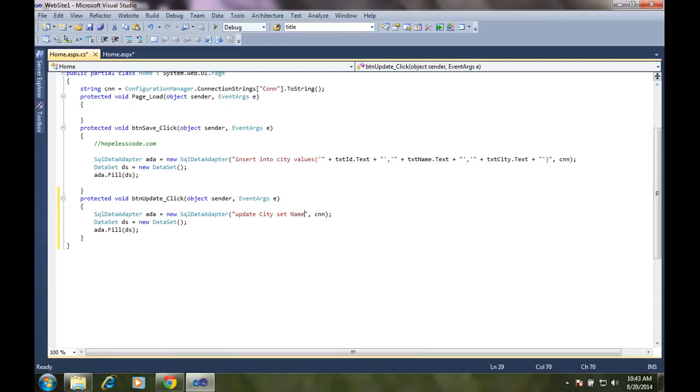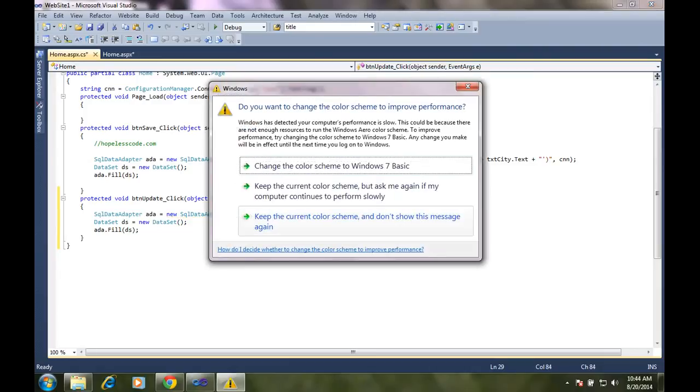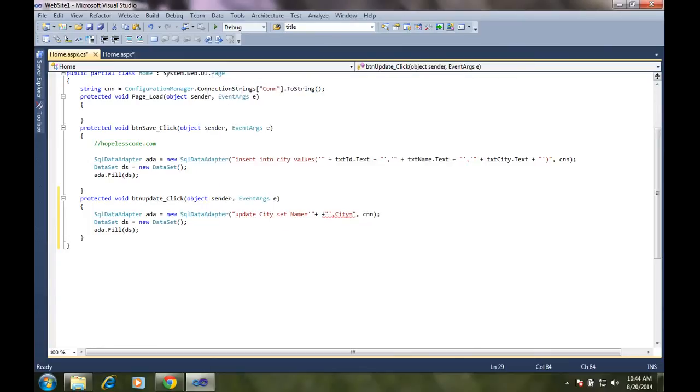Give name, single quotes, double quotes, plus, space, plus, double quote, single quote, comma, and city, single quotes, double quotes, space, plus, double quotes, single quotes, comma, where ID equal to the same.